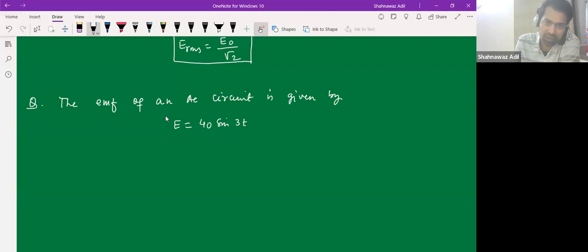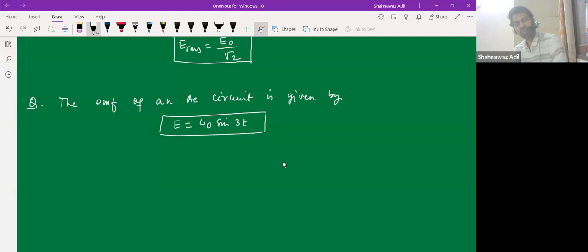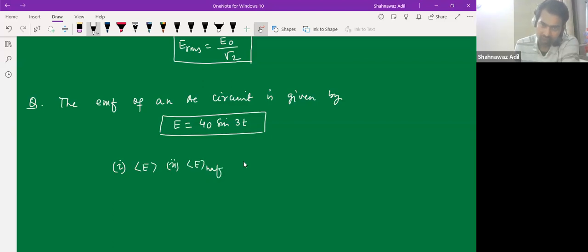So this is given, and then you'll have to calculate what is the average EMF, right? Then you have to find the average EMF in half cycle, and thirdly, also calculate